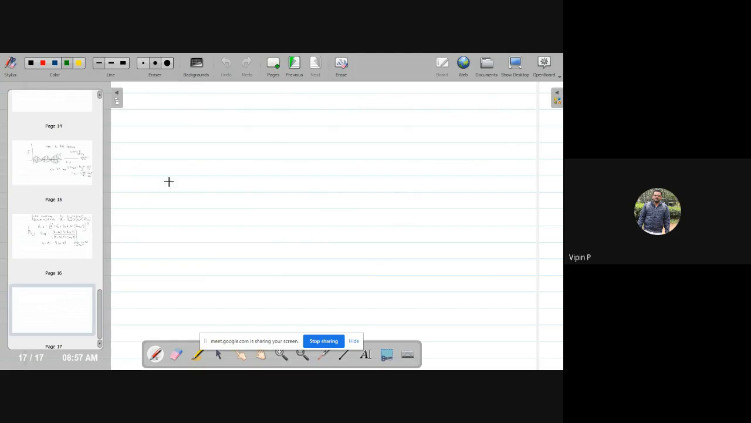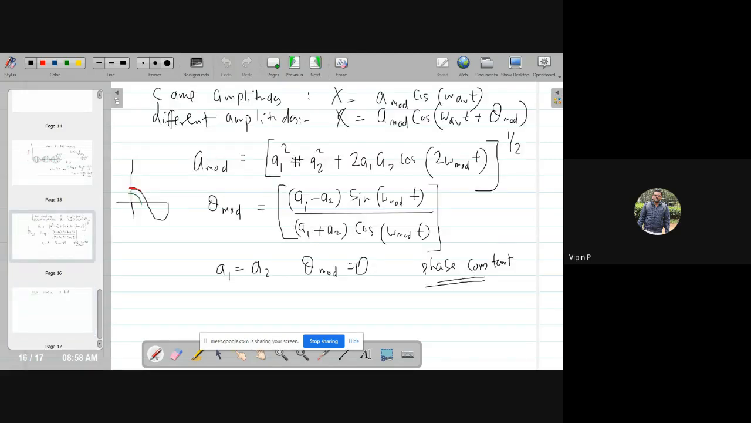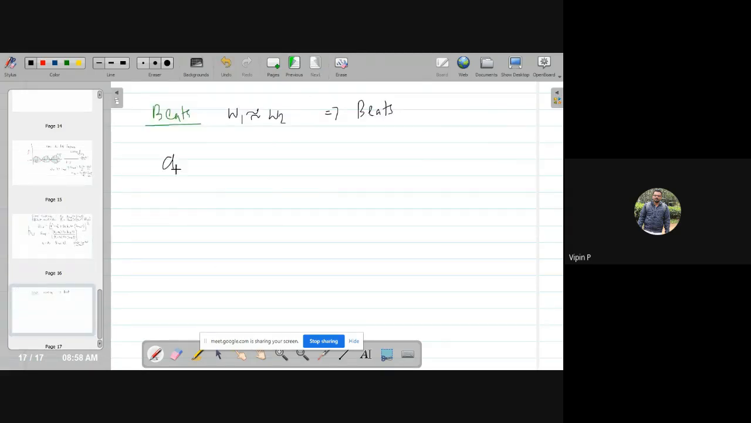Right, now going ahead, let's briefly see what are beats. Now for beats, there is a condition that omega 1 should be as close to omega 2. Then in that case, we will definitely see beats. Now look at this expression once again. Look at this expression here. So A mod is equal to A1 square plus A2 square plus